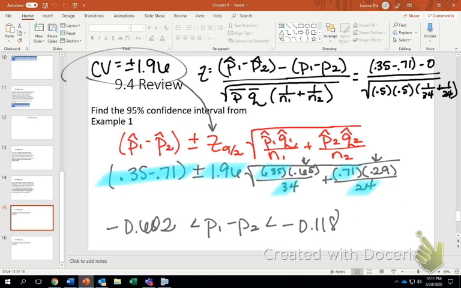All right, and so because 0 is not in between my two values, remember, if 0 is in between your two values, then you are going to keep your claim. But if 0 is not part of it, then you are going to reject the claim. So since 0 is not in my interval,